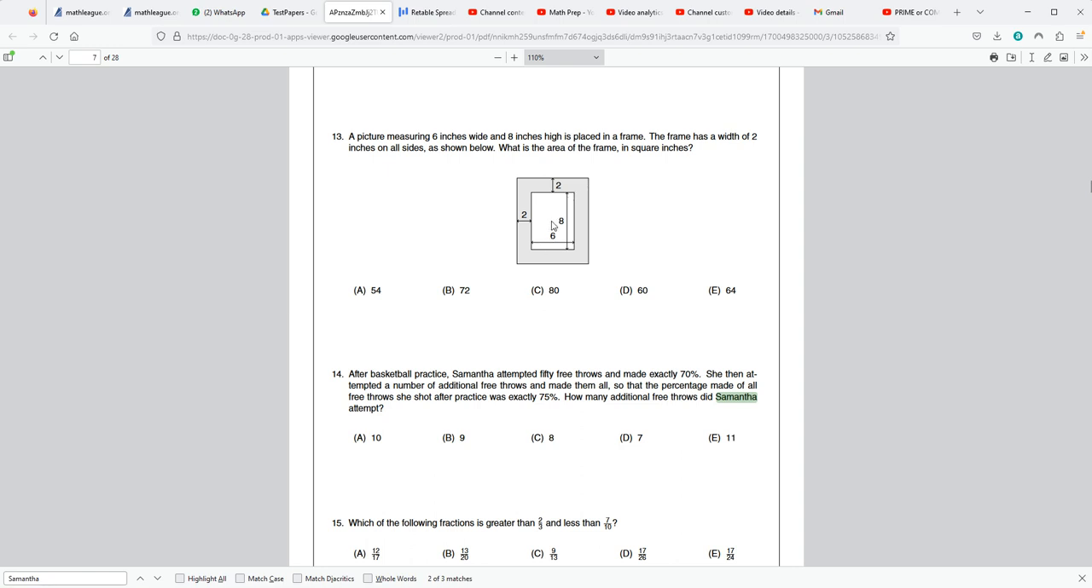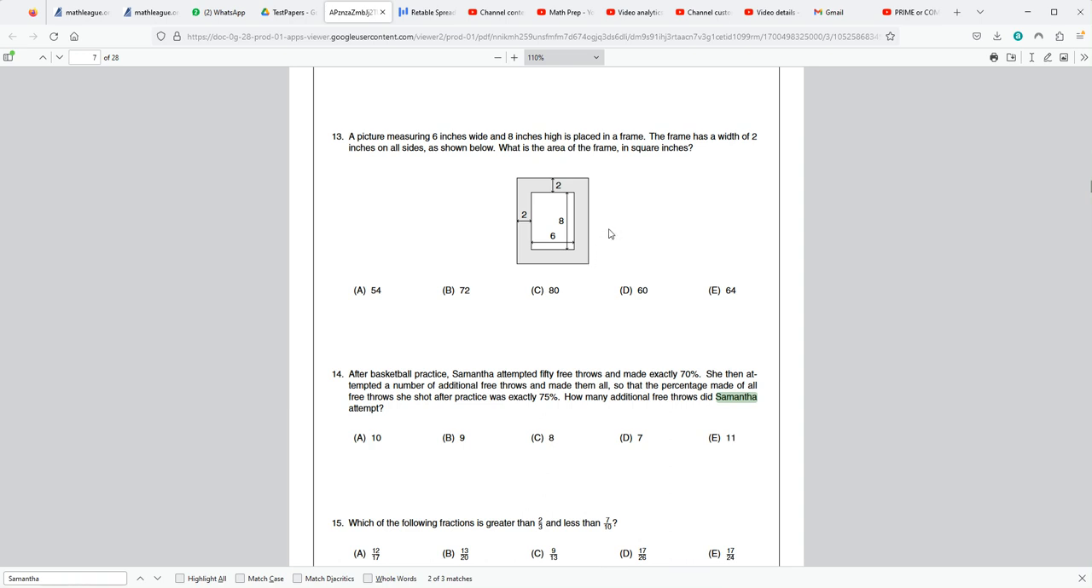The tricky part here is to understand that the frame size is 2 inches, but it is on all sides. So don't forget to add 2 twice, because the 8 is just the side of the picture. Then you have to add 2 here and also 2 here. That's why for the outer rectangle, we have to add 8 plus 2 plus 2, and this becomes 12, and 6 plus 2 plus 2 becomes 10. And that's why the dimensions for the outer rectangle are 12 and 10,